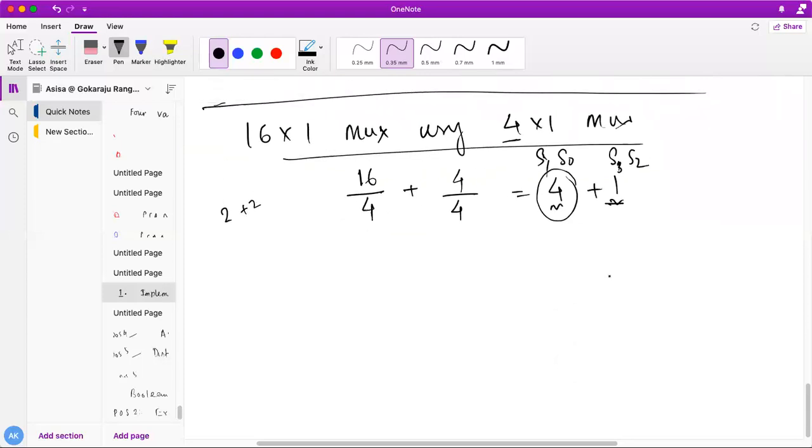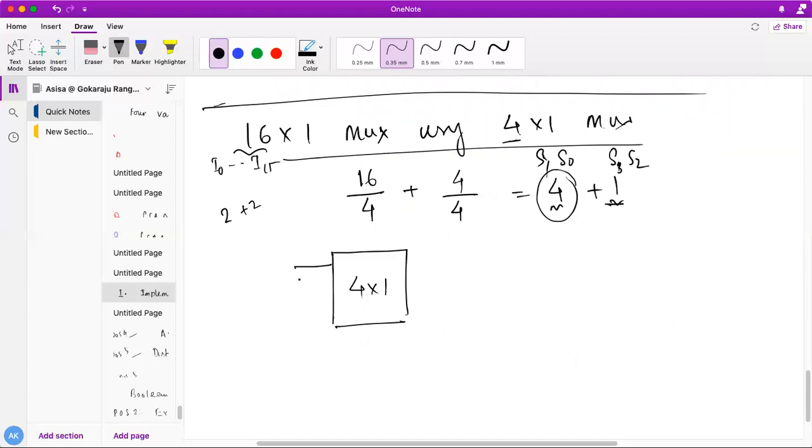So how you have to do? There are 4 muxes here, obviously, 4 cross 1. So here 4 muxes means 16 cross 1, how many inputs? I0 to I15. Okay, so there are I0, I1, I2, I3, and these are the select lines.